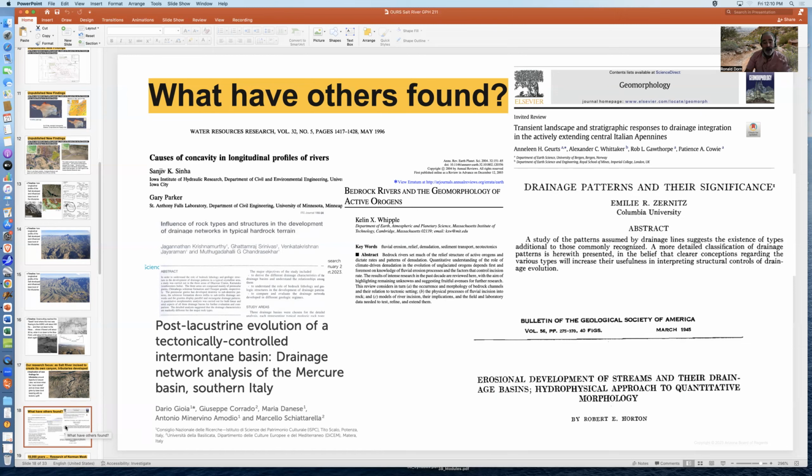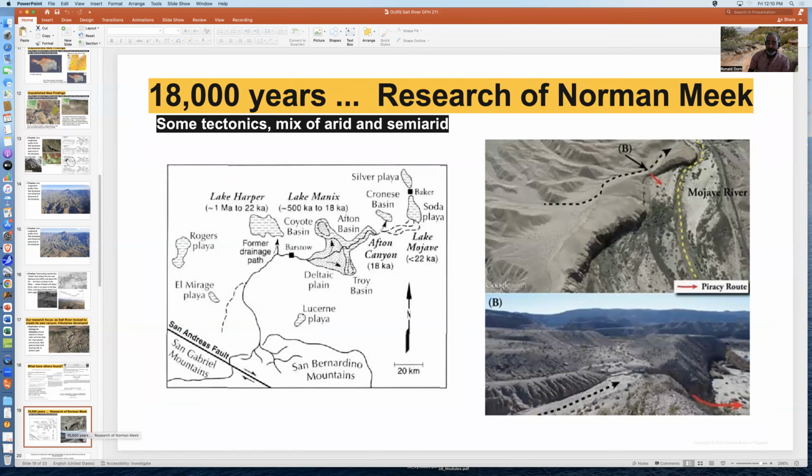They are not a part of what you will be doing. We can have discussions about what others have found, what others have done, but that's not the fun part. The fun part is just figuring out how this landscape changed. So to give you an idea of what 5 million years means, let's jump to a pretty recent geomorphology example